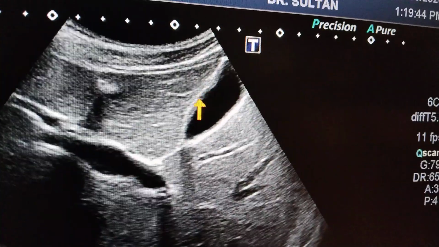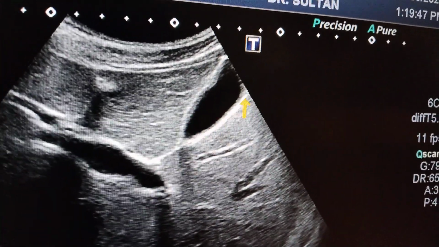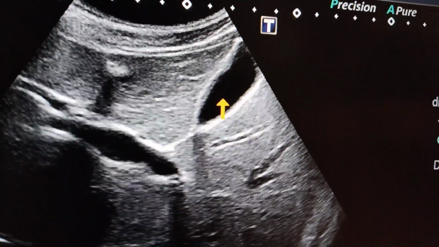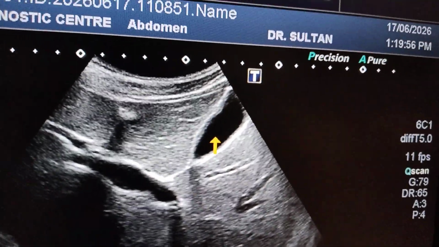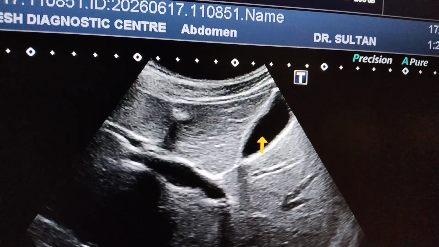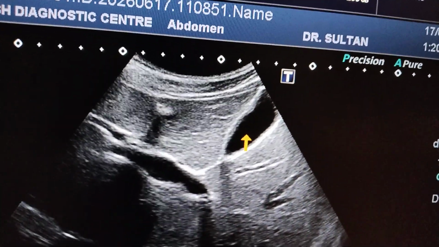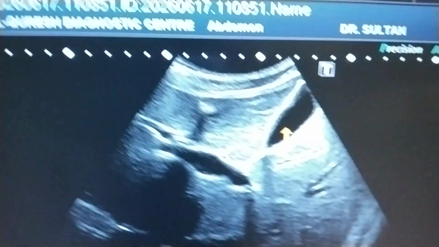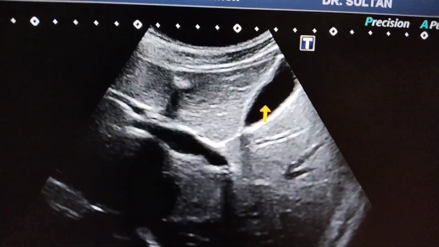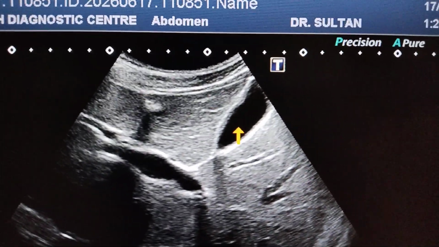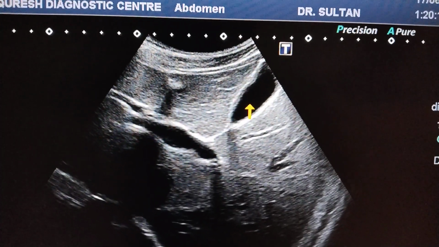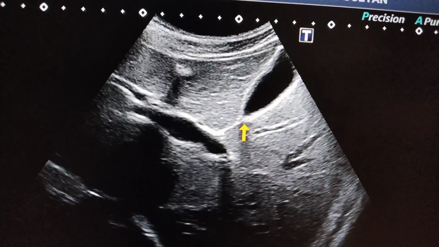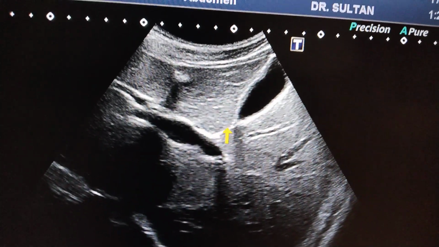Then the major portion which is lying mainly in the gallbladder fossa, which is present at the under surface of the liver, is the body of the gallbladder, and then is the neck of the gallbladder, which is connected with the cystic duct,